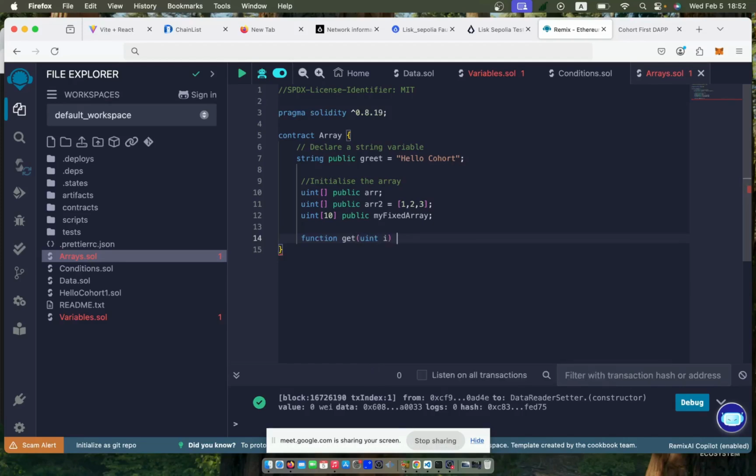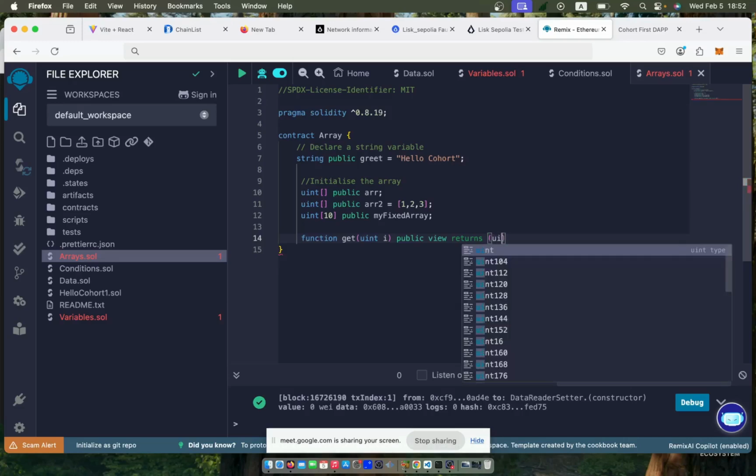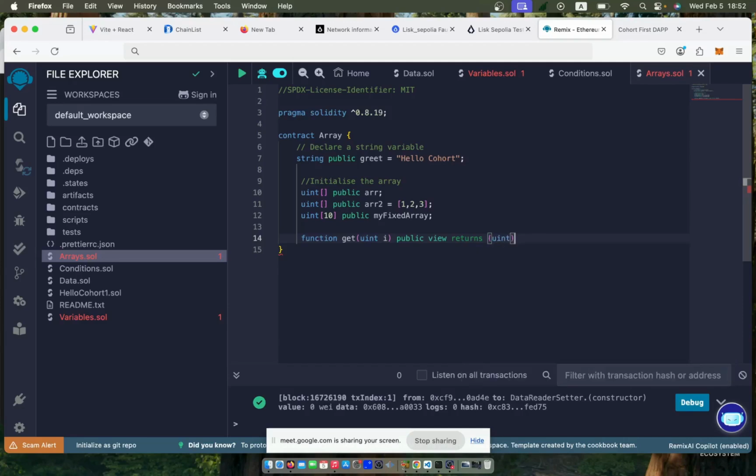So we said when we are getting, we use public view returns. We want the function to be accessed in the smart contract and outside. So what are we returning? We are returning a uint. We can return a memory, a string, or storage. Then we return